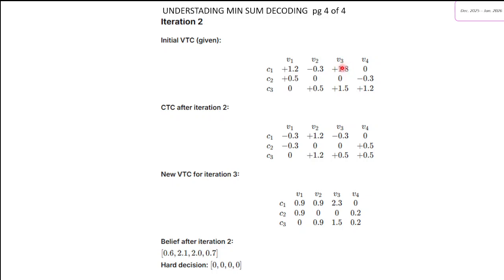Again we'll check with this, plus 1.8 minus 0.3 is plus 1.5, and plus 0.5 is 2. This is correct. 0 plus 0.5, this should be 1. So again this one is also not correct. This is 0, so this value is picked up. Minus 0.3, we have the topmost value, these are taken as initial LLR. So let us take this one, minus 0.3, this will be 1, and subtracted with 0.3, it will be 0.7, which is correct. So this part is correct,